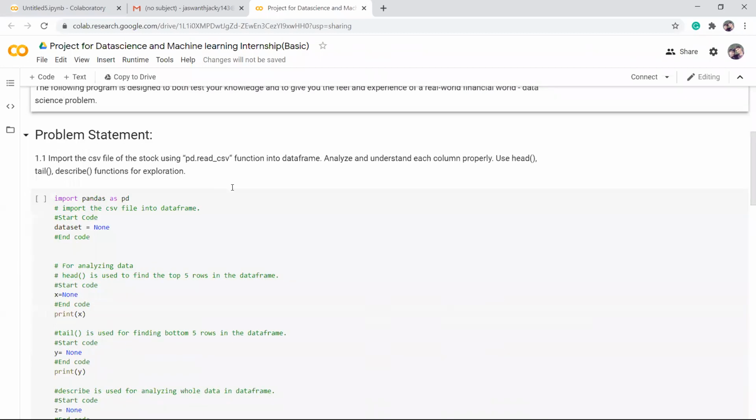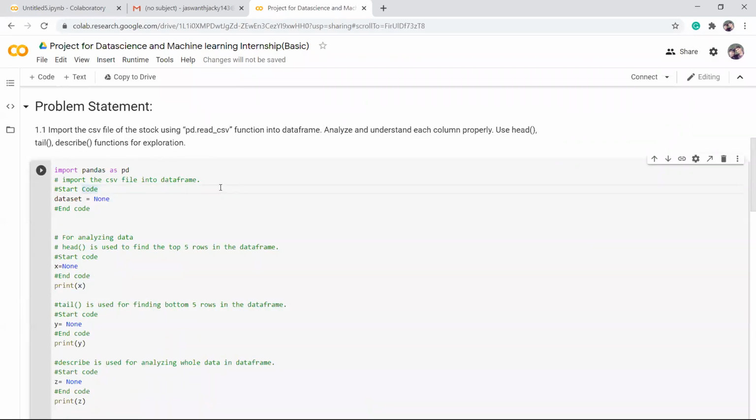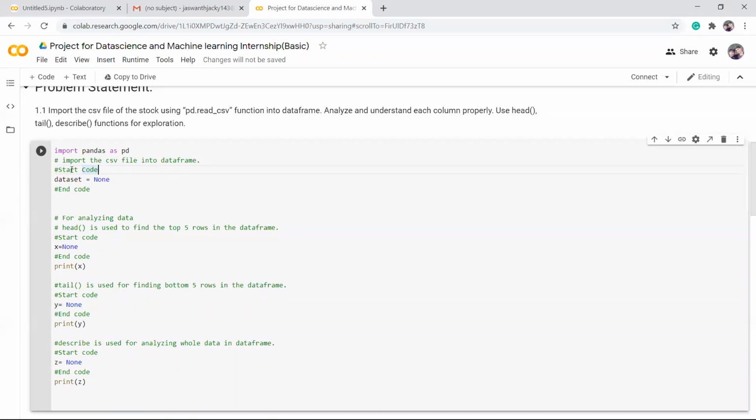Here, see, it's very easy. All the skeleton of the code is given. Whenever there is a comment called start code and end code, between the two comments you need to fill in the code. It is very easy to complete a project. We've given the skeleton of the code, the data set is given, and everything is explained. So you need to fill in the blanks. You need to fill the code here. That's it.